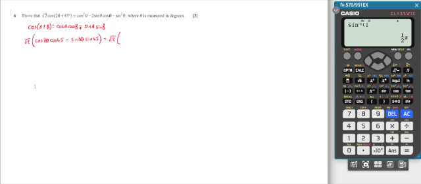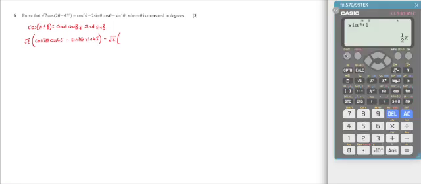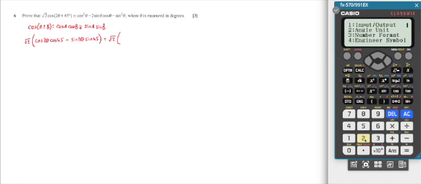Cos 45, let's just double that, so we're in degrees, so I do need to change the calculator into degrees. Angle output, degrees, and then we'll do cos 45. Should remember it, it's root 2 over 2. So I'm going to get root 2 over 2 cos 2 theta minus, and sine 45 is the same, root 2 over 2